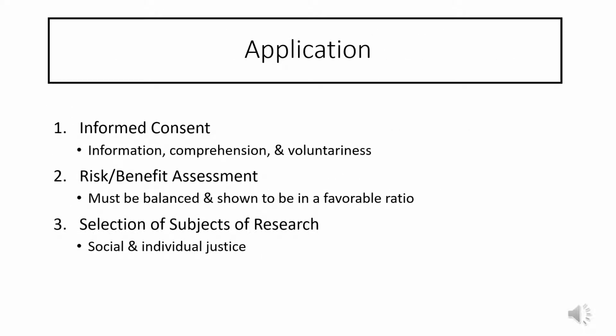Part C, application. The first principle of application is informed consent. This requires that subjects be given the opportunity to choose what shall or shall not happen to them. The consent process consists of 3 elements: information, comprehension, and voluntariness. Information about risks should never be withheld for the purpose of eliciting the cooperation of subjects, and truthful answers should always be given to direct questions about the research. Also, care should be taken to distinguish cases in which disclosure could invalidate the research.